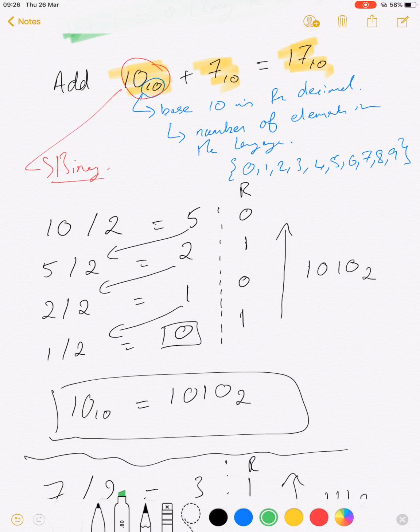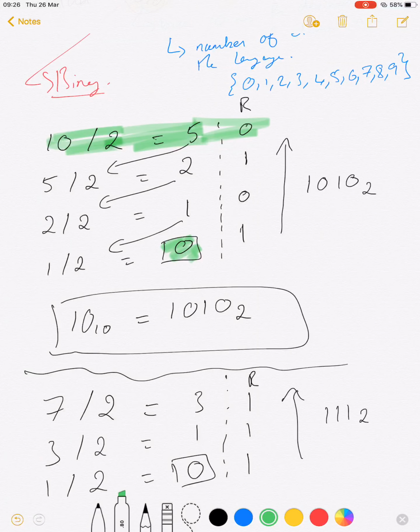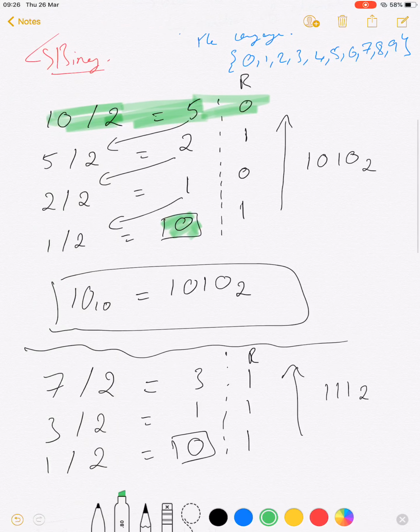We take 10, we divide it by 2, we get some answer, and we get the remainder. We repeat this process until we get this actual 0 at the bottom. So we keep dividing by the base of the binary number system. We get an answer and a remainder. And when we get down to 0, we simply read back up this way and note the remainders, right? So we read it out, we get 1 0 1 0. It's important that we read from the bottom up to the top. So at this point we said that 10 base 10 is equal to 1 0 1 0 base